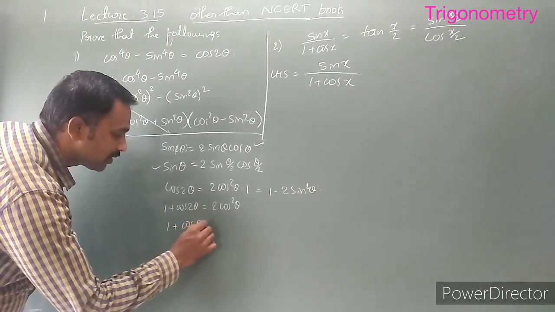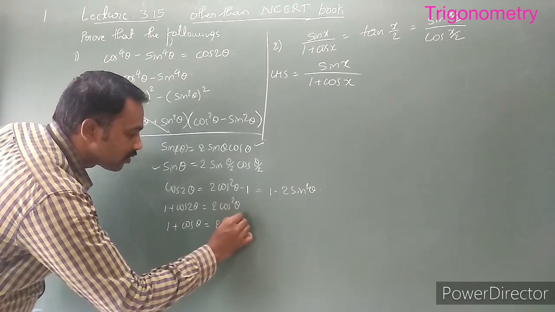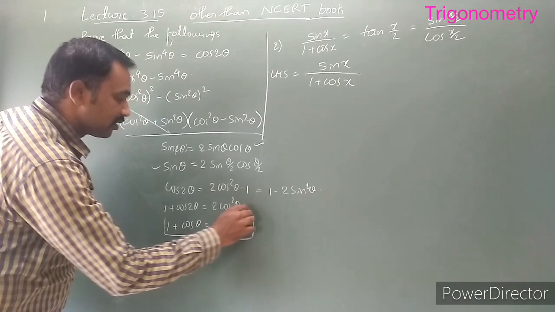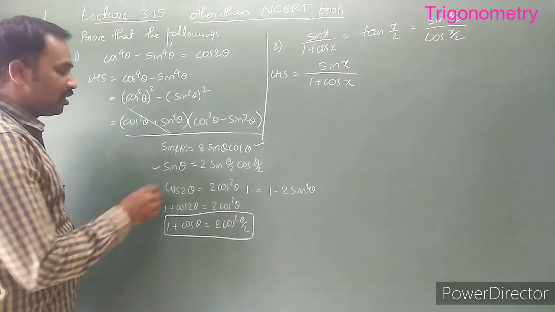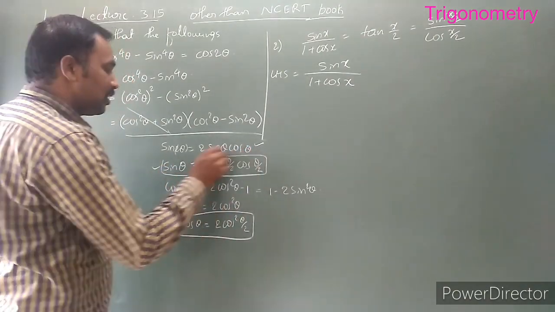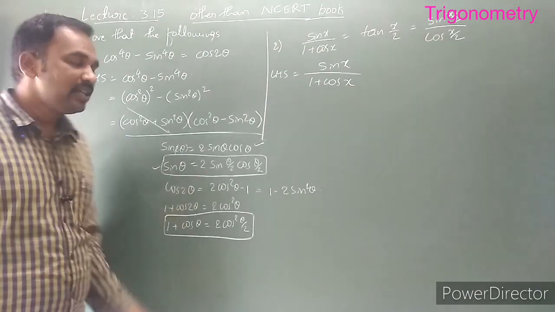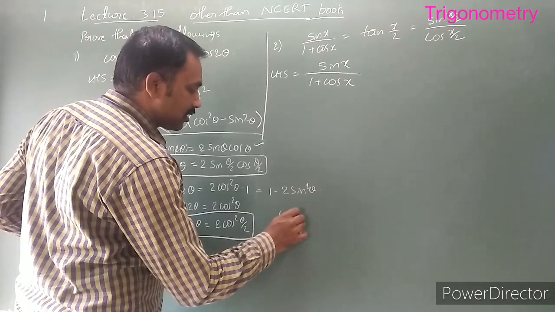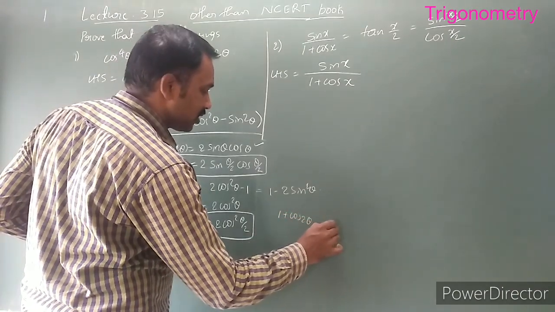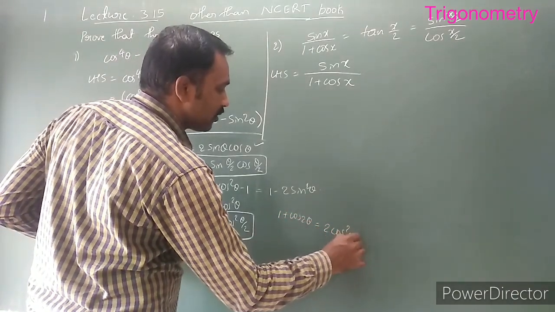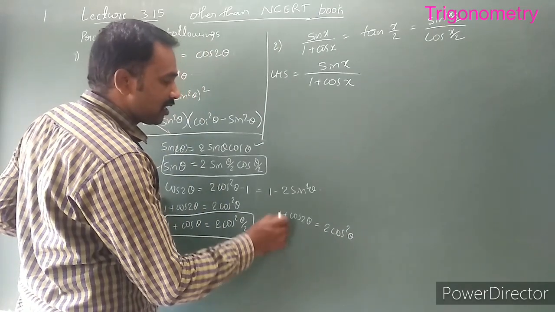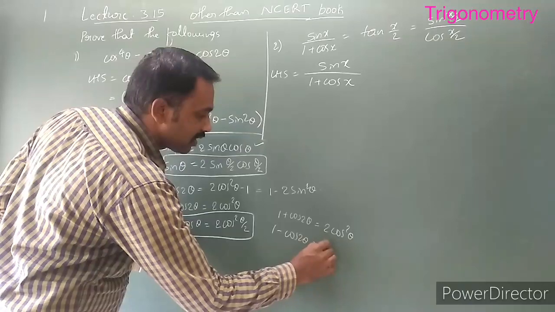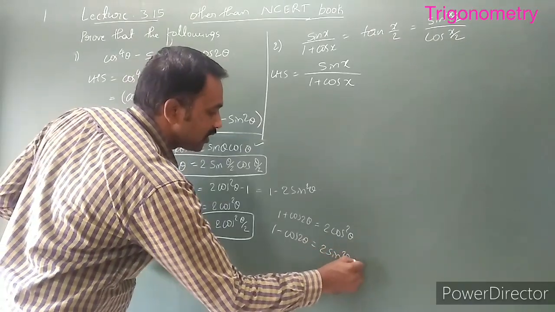1 plus cos of theta is equal to 2 cos square theta by 2. I got this result. Yes, this is said to be a half angle formula, or a submultiple angle formula. Because we already know that 1 plus cos of 2 theta is equal to 2 cos square theta, and similarly, 1 minus cos of 2 theta can be written as 2 sin square theta.